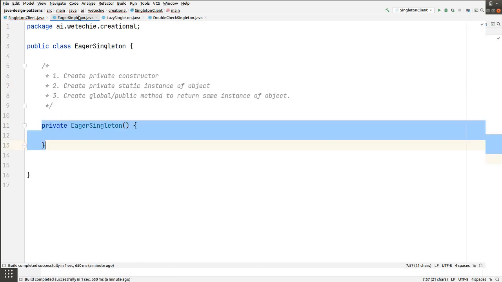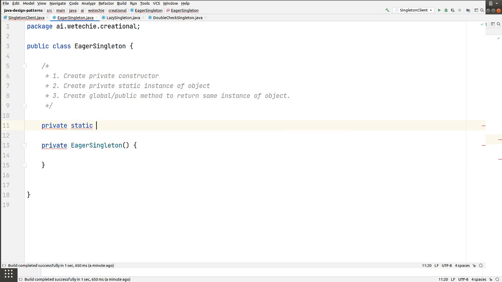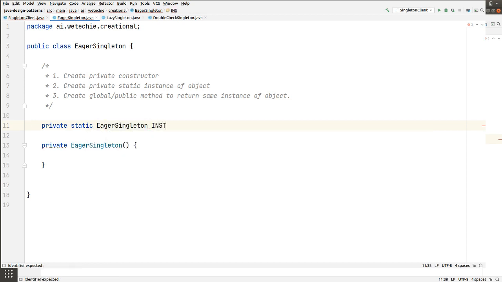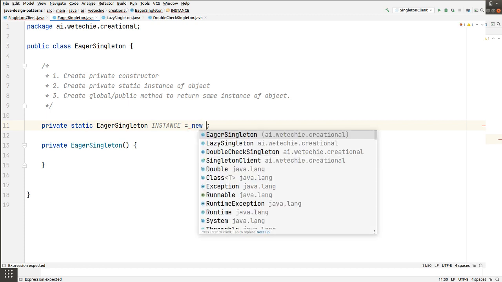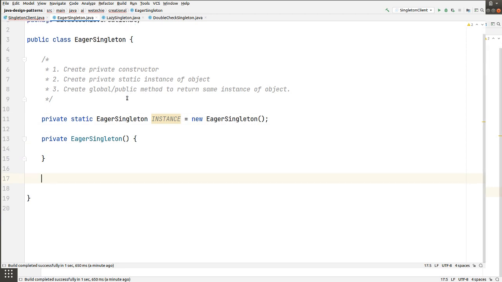Now the second step is we have to create a private static instance. So private static instance of the object, that is eager singleton instance, new eager singleton, right? Now the third step is we have to create a global method which will return the same instance of the object.